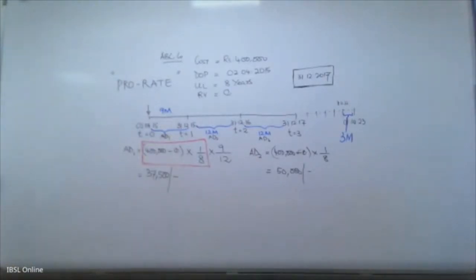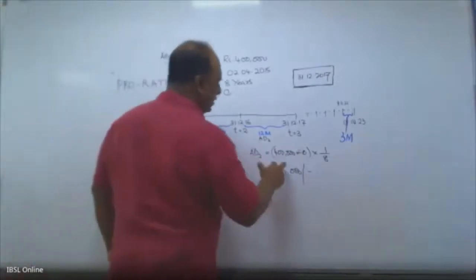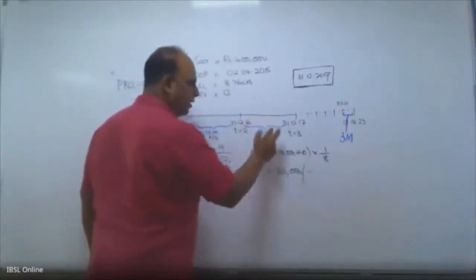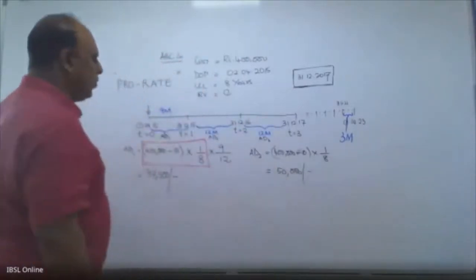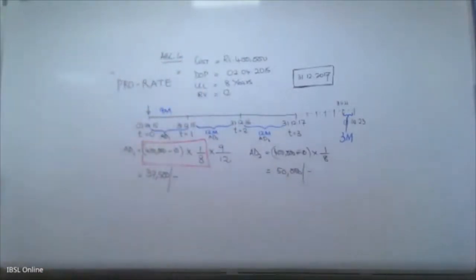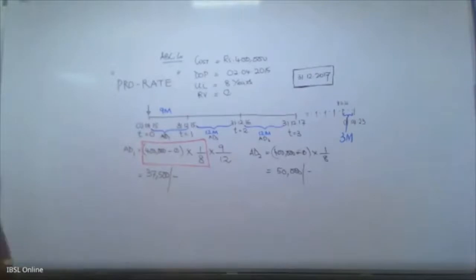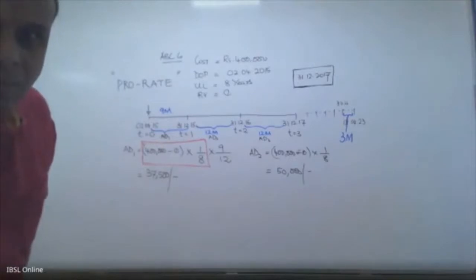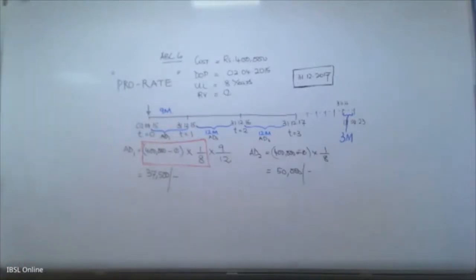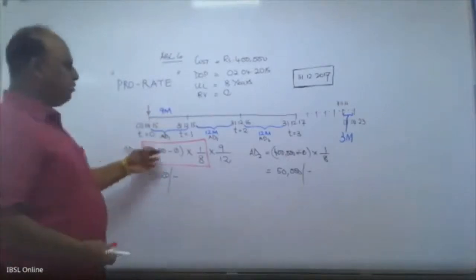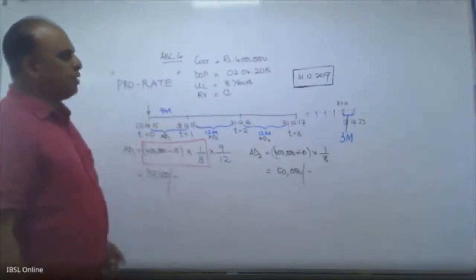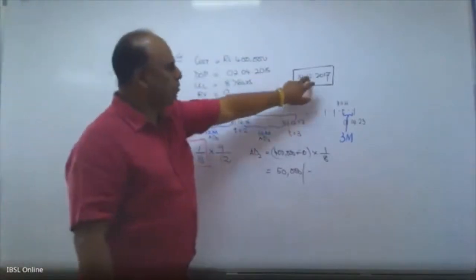Annual depreciation two, that is for the second financial year, is 50,000, and obviously for the third financial year also it will be 50,000, right? So now what is the accumulated depreciation? So the first part we have answered, the annual depreciation will be 50,000. That is clear now? Every year generally you need to depreciate 50,000, but for the first year we have to be mindful that it is only for 9 months, right?